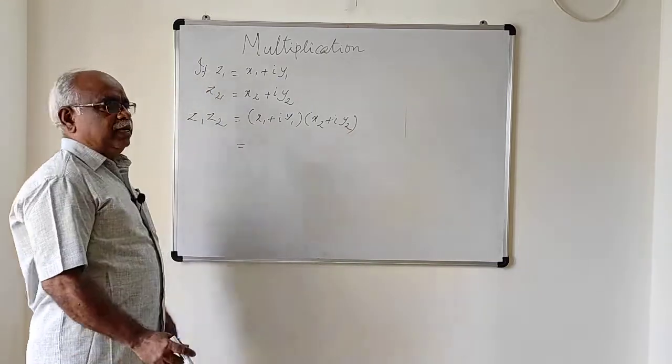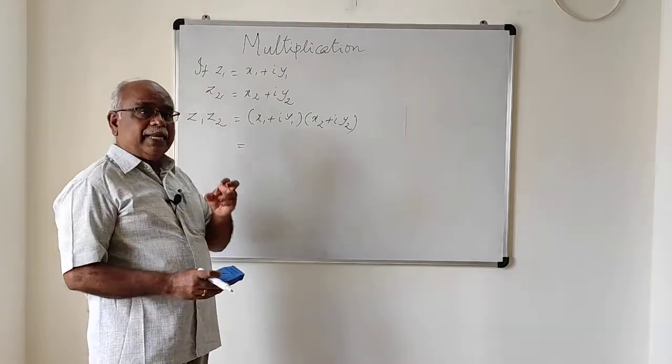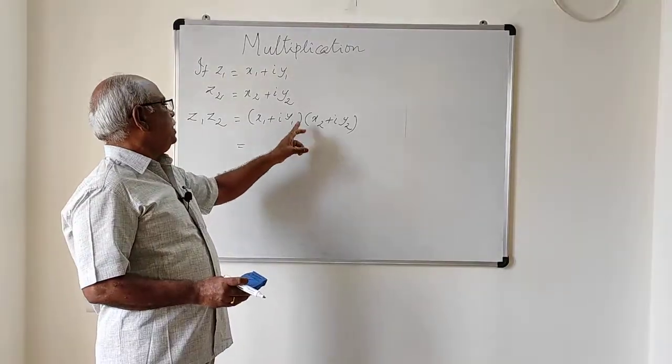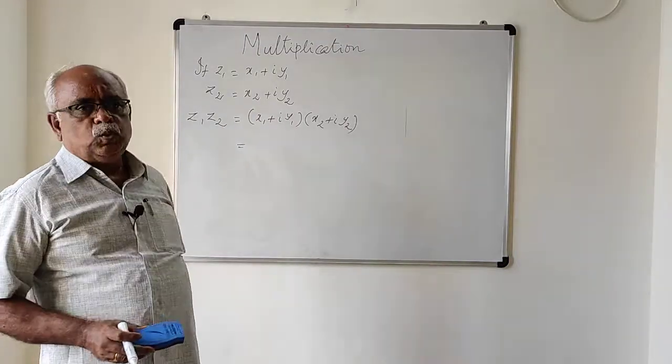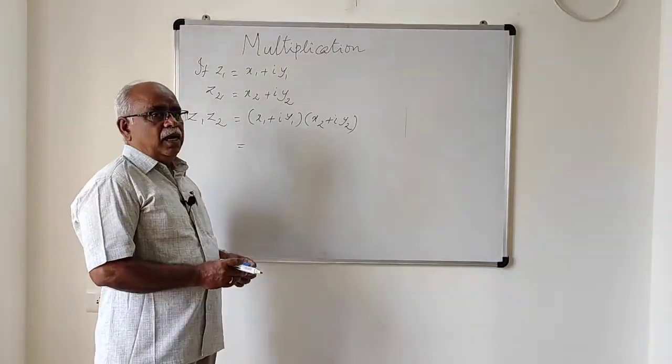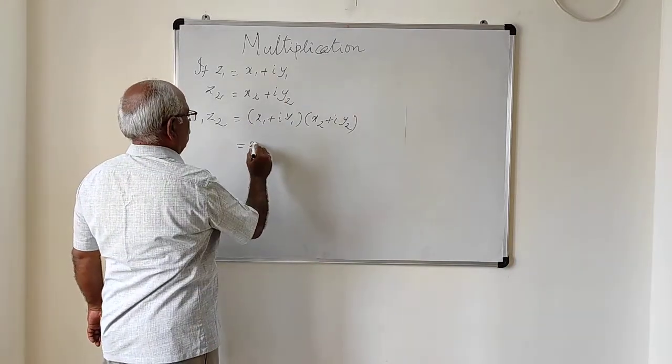In your lower classes, you multiply in algebra (a plus b) into (c plus d). You multiply like that, two terms. So using the same idea, we are going to multiply here